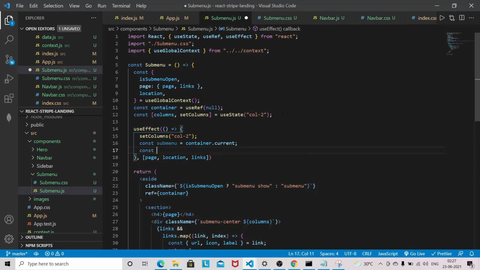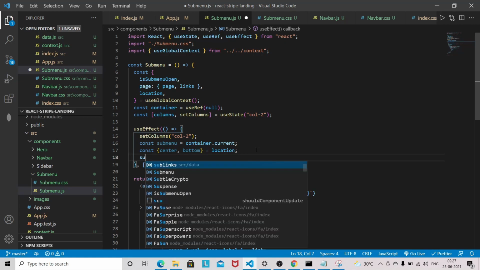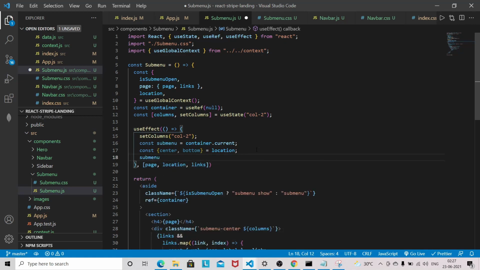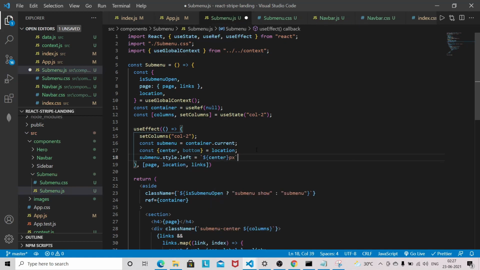So now const location, and from location I am going to destructure center and bottom. Now submenu dot style dot left is equal to center pixel.